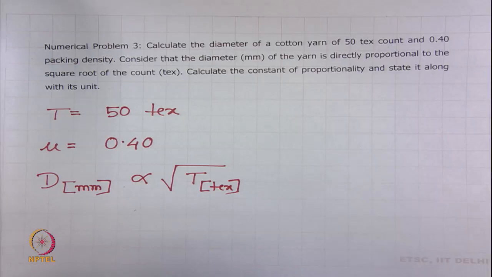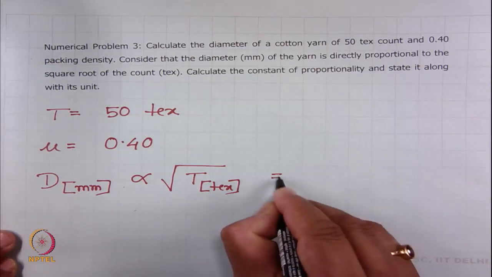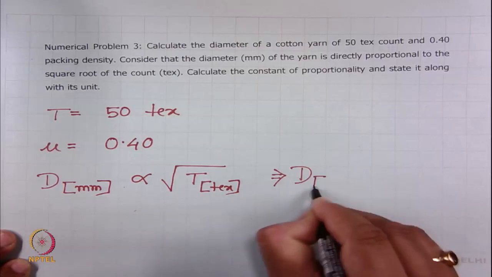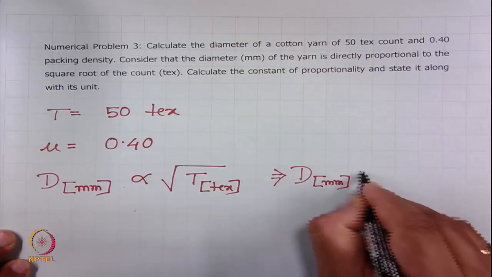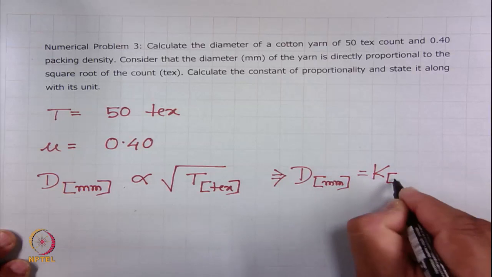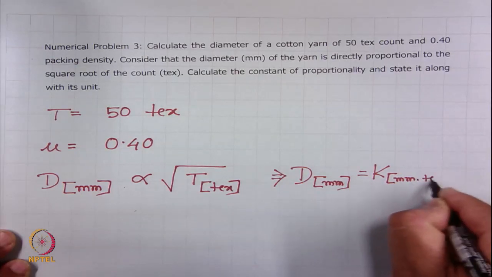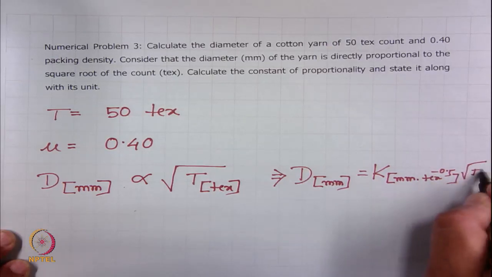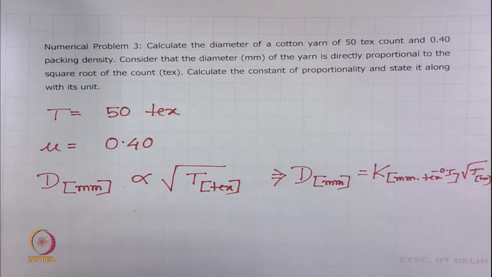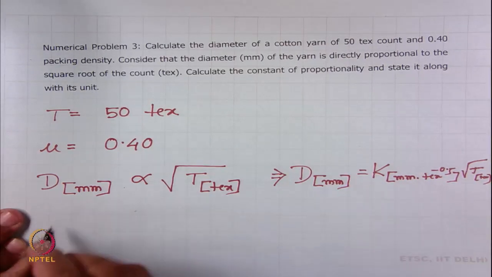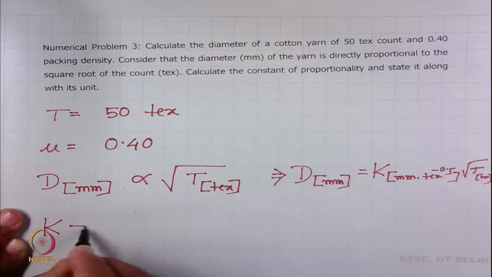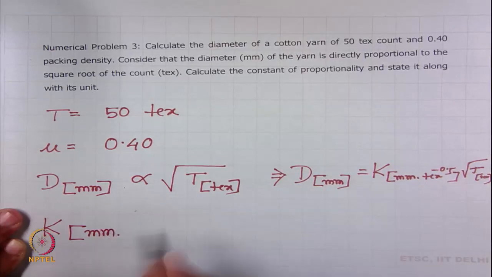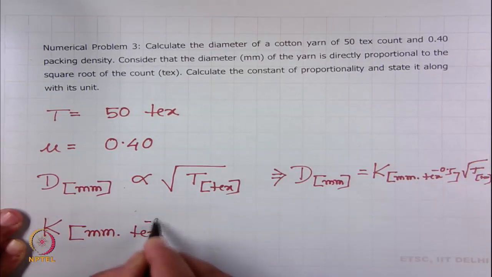This is given, that means d in millimeter is equal to k into root T, T is in tex. So, you need to basically find out k. So, k in this unit millimeter, tex to the power 0.5